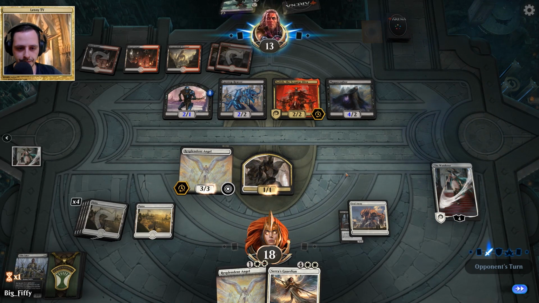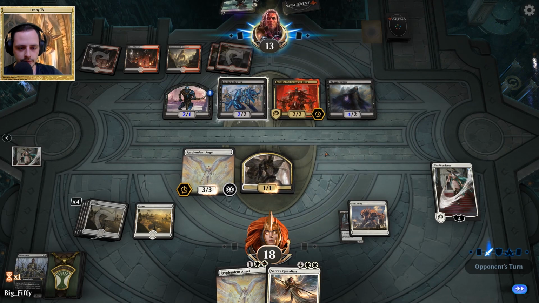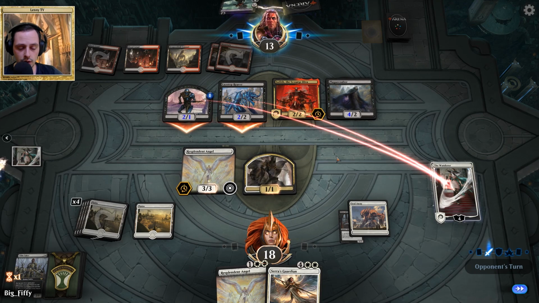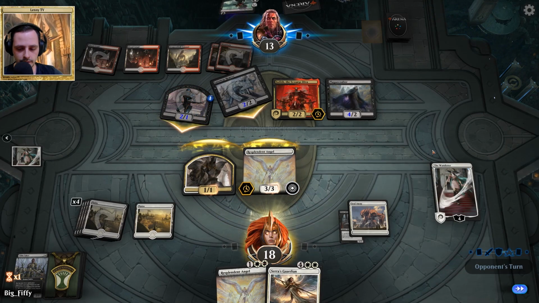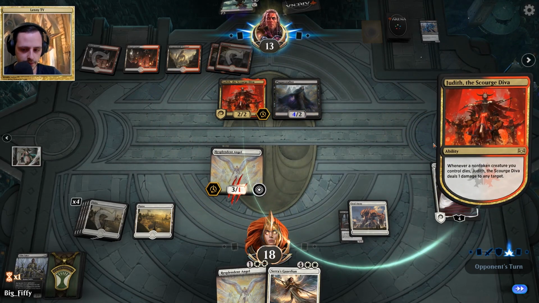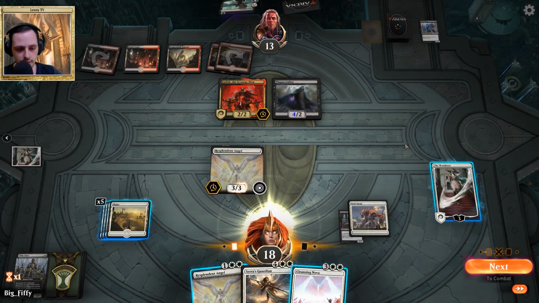But now we can still block pretty good here. We can block this one and this or this one. So he will swing for 4 damage. He wants to kill the Wanderer. We will block both of these. So that means our creature, our angel should survive here. And he will need to, yeah, he...